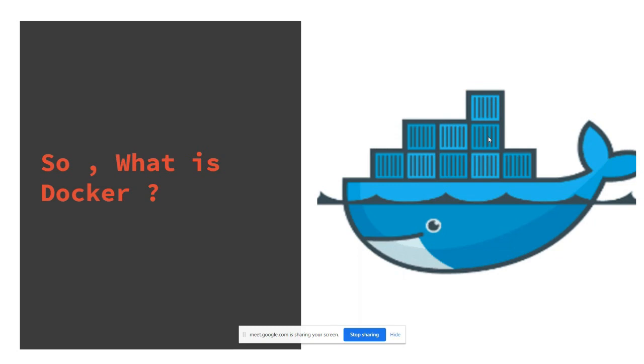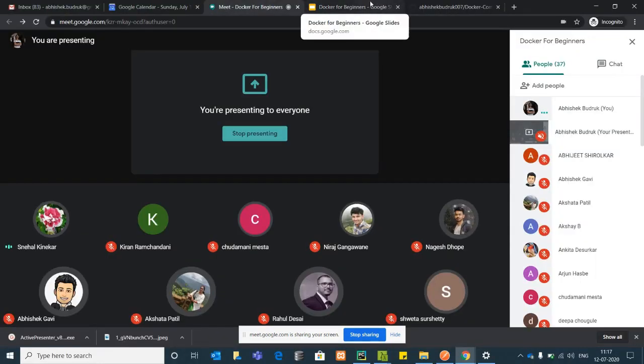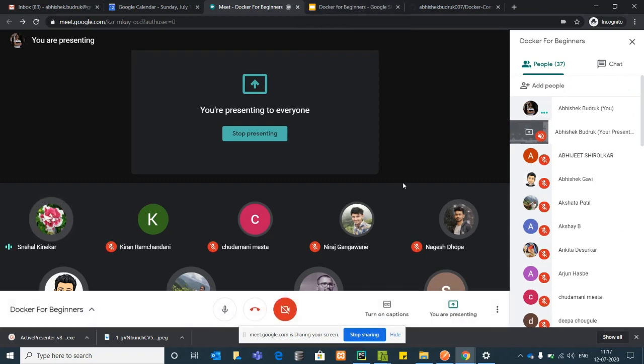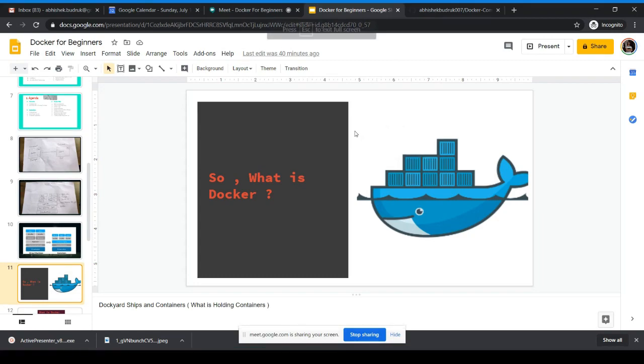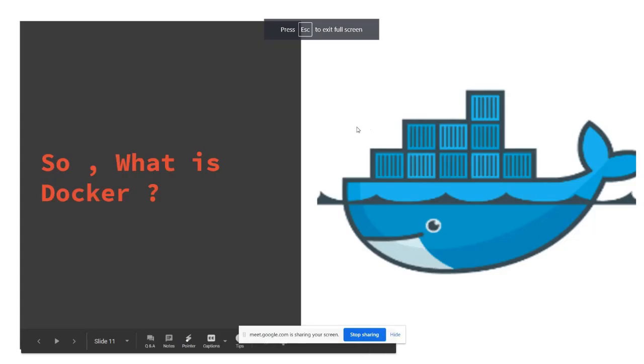Abhishek, I have one doubt. In Docker, you are saying whatever the application, regardless of the platform, like Windows or Linux, it will run automatically without changing the path or home directory. Correct.